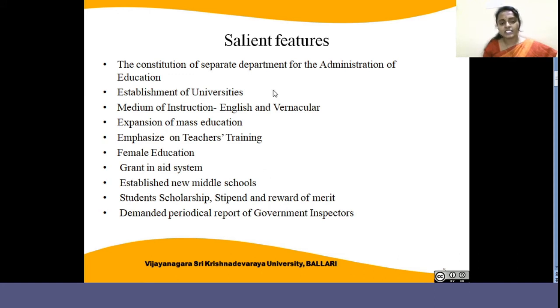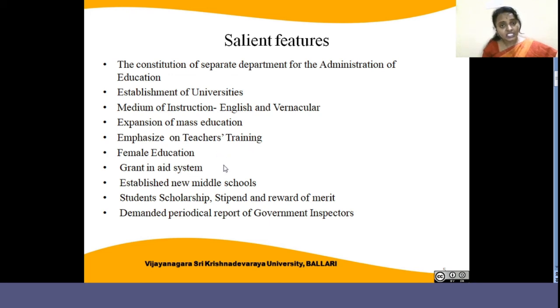And the salient features are to establish universities. Yes, this was one of the important and striking features of the Education Commission, that is Wood's Dispatch. The other one is medium of instruction. They said that English should be the medium of instruction, and the vernacular languages as well. Expansion of mass education, they wanted every Indian to be educated.